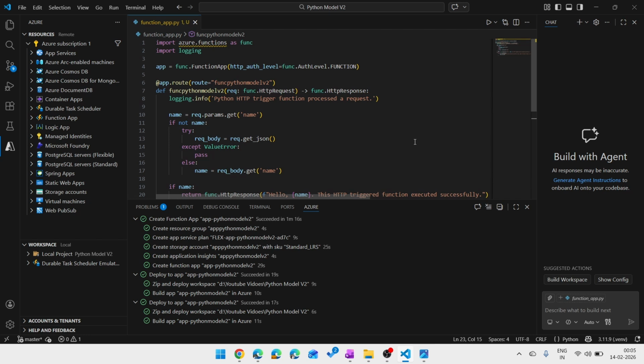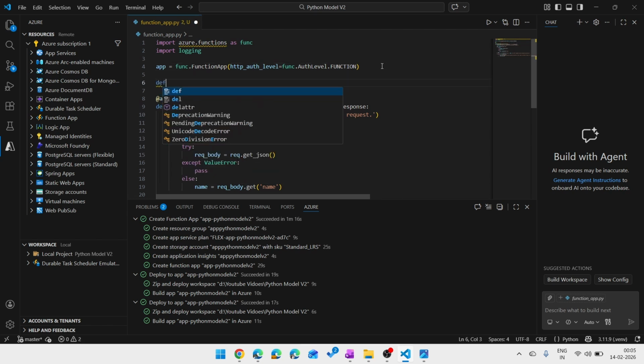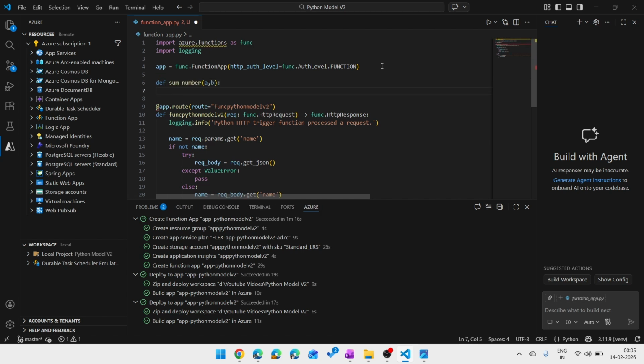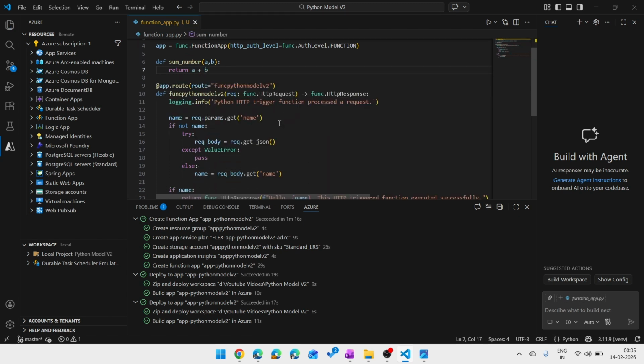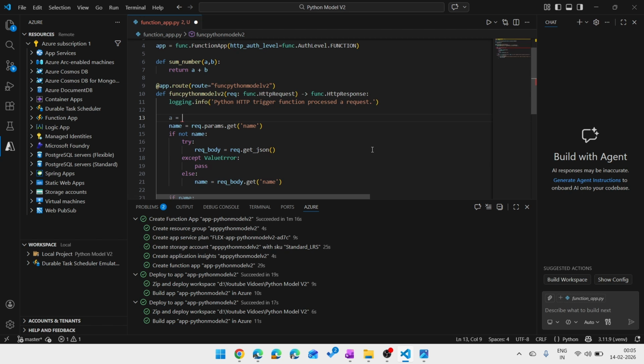Now what we just tested was a default template, but what if you want to make some changes to it and actually write a Python script and then do it? So for the sake of example, I'll do a very simple thing. Define some numbers a, b, and return a plus b. Okay, and here in my main function, I will do a equals 3, b equals 4, and c equals sum_number(3, 4),